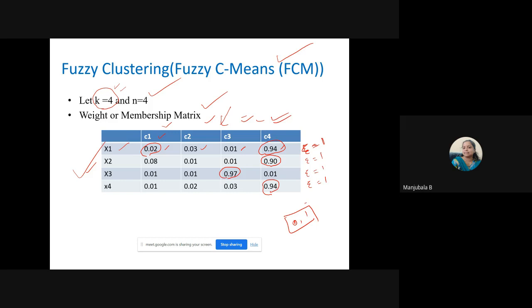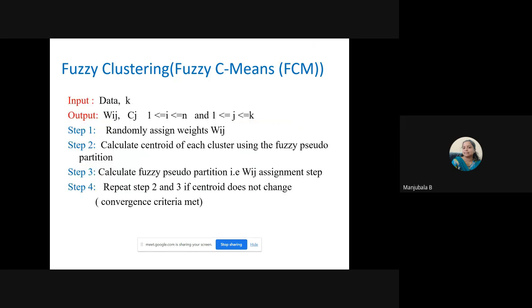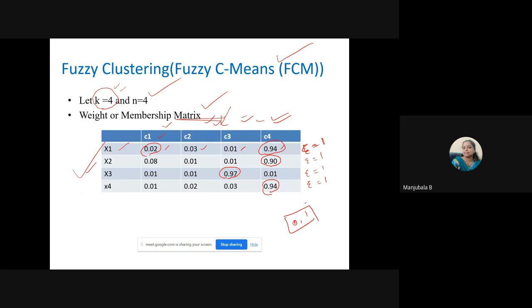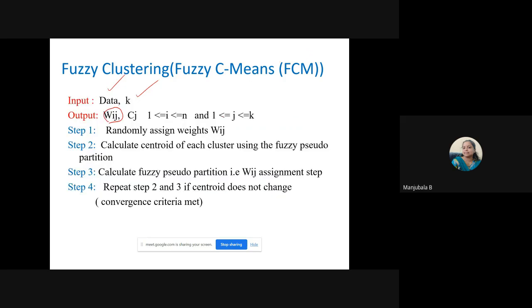So how to apply this fuzzy C-means and what are the steps we have to follow? How to change the centroid of the clusters in the fuzzy C-means algorithm and how it is similar to the K-means algorithm, we'll see here. What is the input? Your input is data having n points and K, the number of clusters you want. What is the output? Output is the weight matrix or the membership matrix. This matrix we want, where Cj